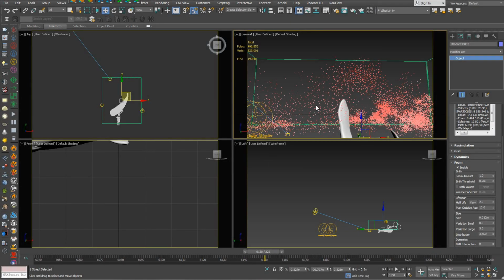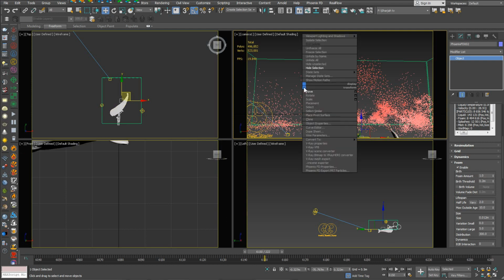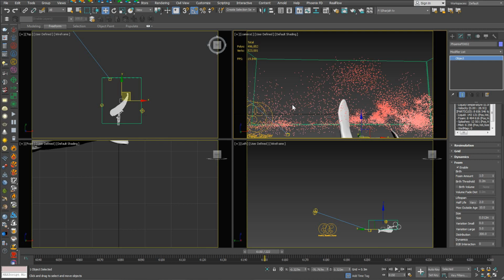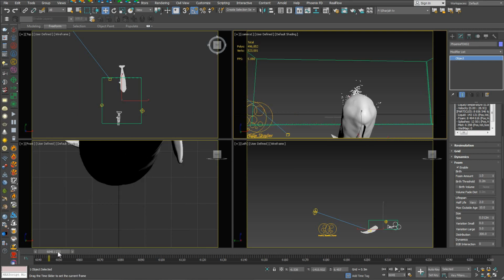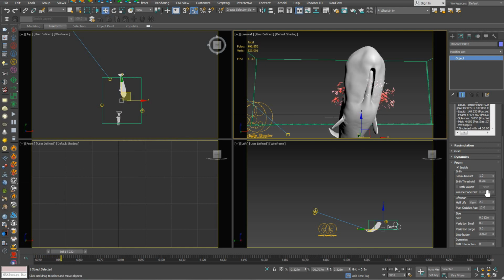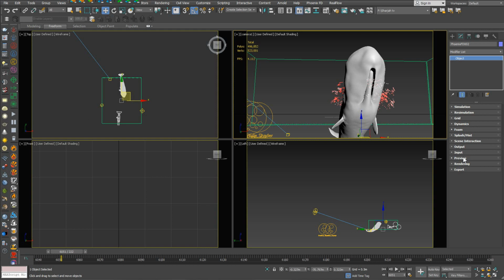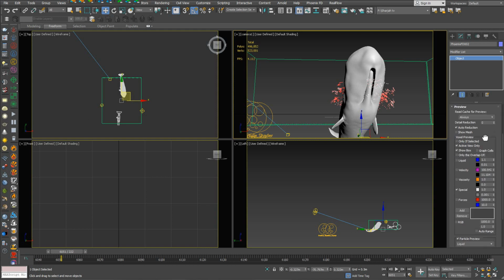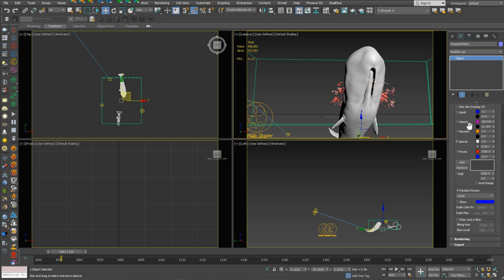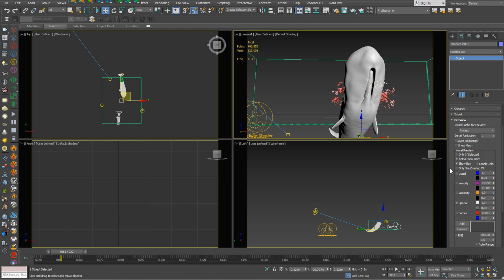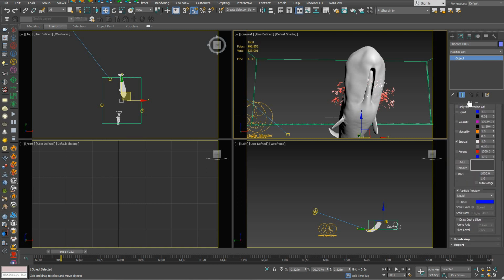Now we are done with the simulation. The only thing I did is that I dropped the foam amount to 1 just for testing because it became huge. And let's see what we have here so we understand how everything is acting. And now I will go down just to make sure I turn on certain particles. So I will just say 0, so we are displaying all the particles,